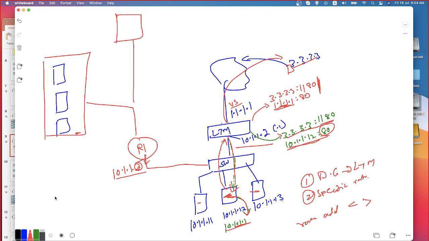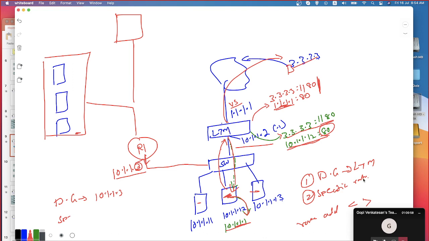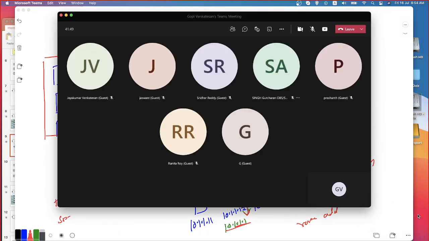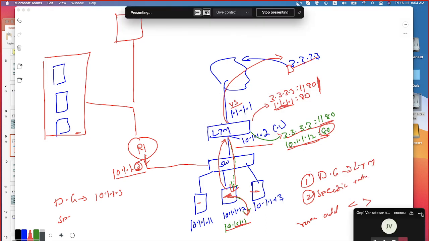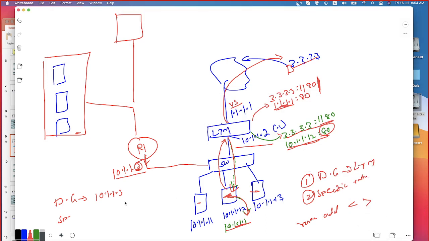Choice number 2, you can have the default gateway as the router's IP address 10.1.1.3 and then you may need to add the specific routes for each and every client that you are talking about. Am I right? What I'm saying here? I can have the default gateway as the router and the specific gateway for all the people who are connecting from the internet. Then it will be a difficult task for me. Do you understand the concept or not now?